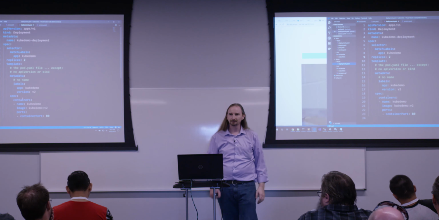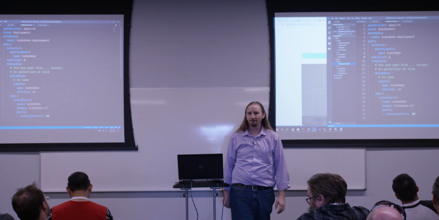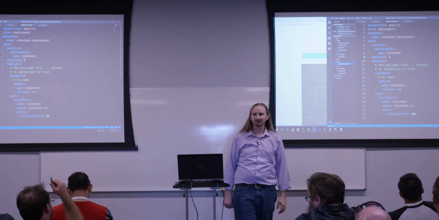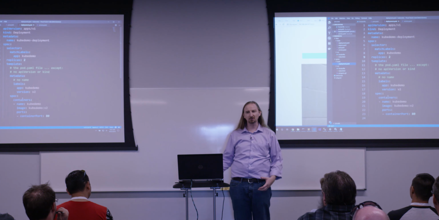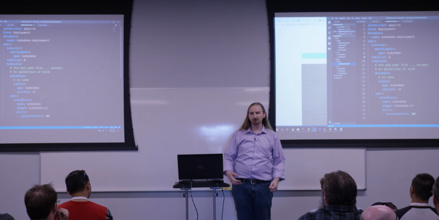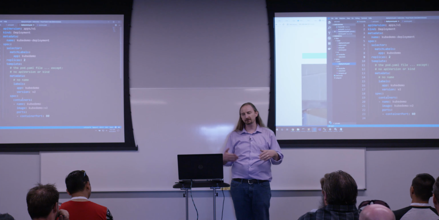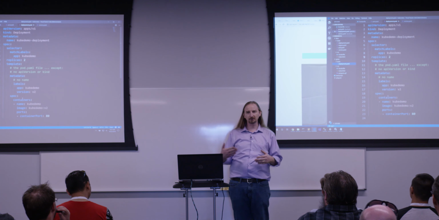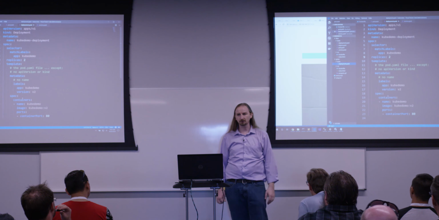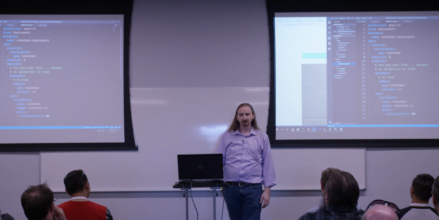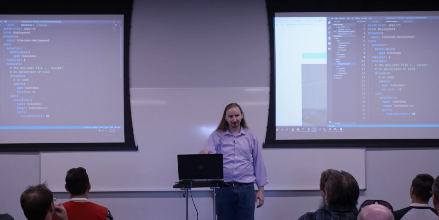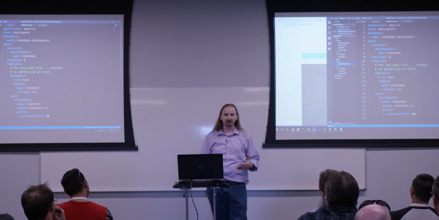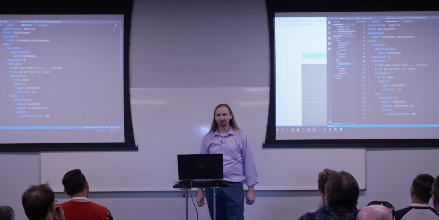Mm-hmm. What happens to the user who is still using the service from previous? Good question. What happens to the user who's still connected to the old one? In this case, there weren't any, so it terminated it right away. But it will actually route traffic to the new ones, and it will start to drain the old ones. Once the old ones have no active requests in it, and it gives it a timeout as well, then it will start killing those old ones off. Same thing if one fails. If I terminate a pod, or I kill it, or just go into Task Manager and kill a pod, then it will notice that I don't have 2, and it will fire more back up.